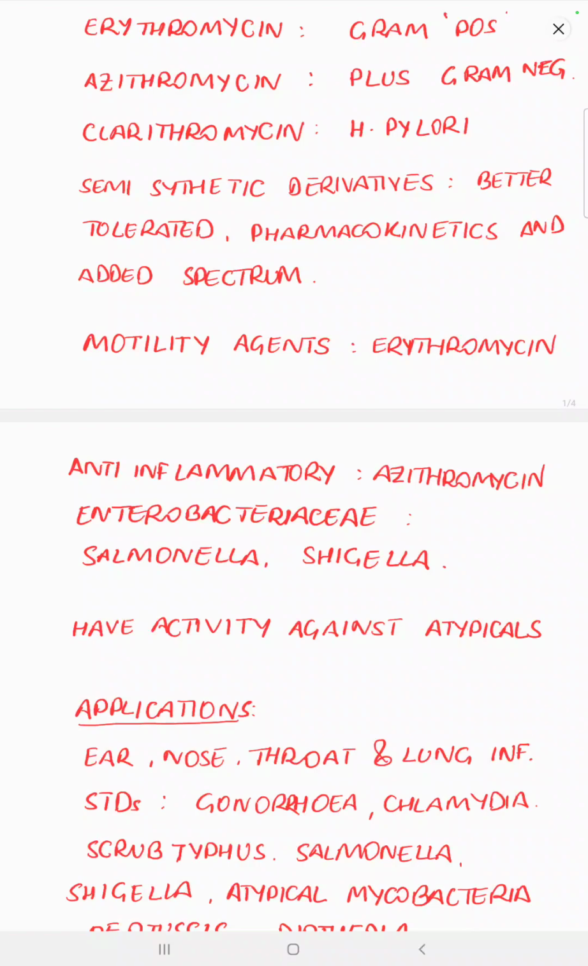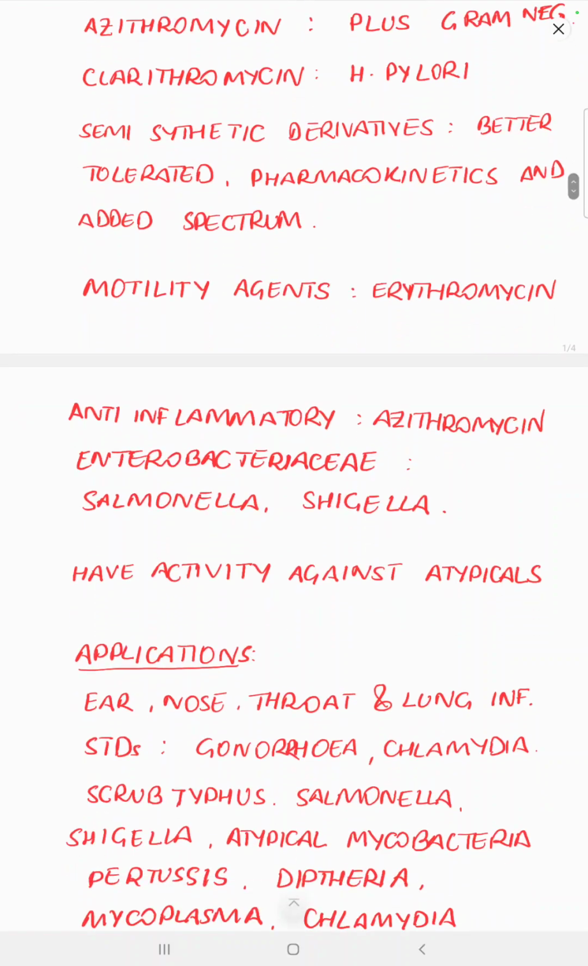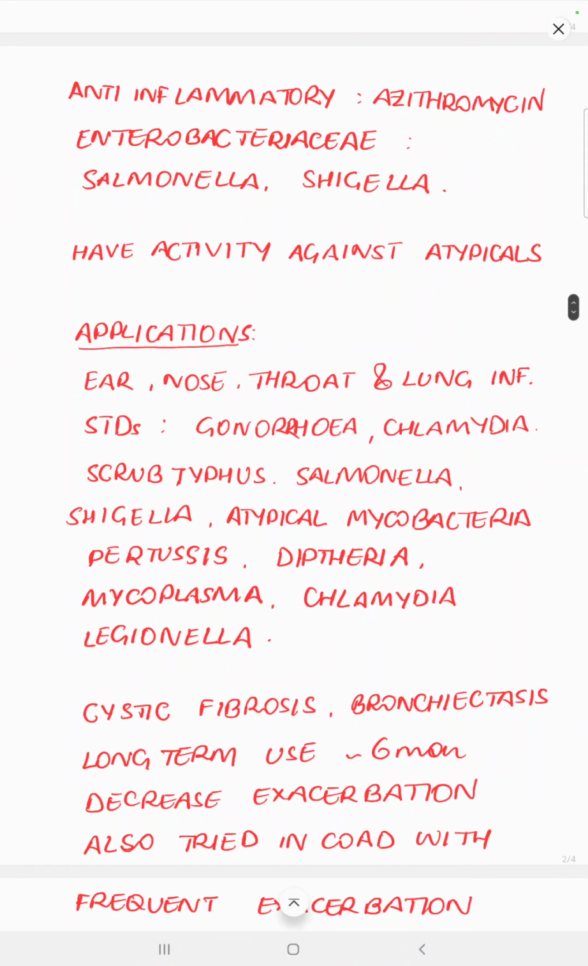Azithromycin is generally considered to be of minimal activity against the Enterobacteriaceae. So the enteric gram-negative bacilli are generally resistant to azithromycin, but it has activity against Salmonella, Shigella, and Campylobacter jejuni. All of the macrolides have activity against the atypicals, and that is where they become agents to use in